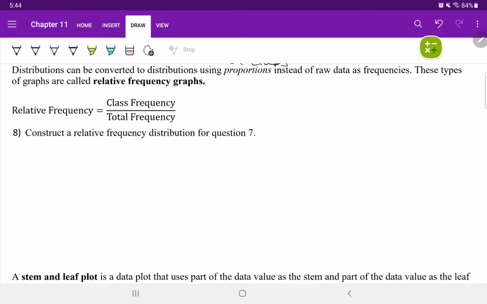Now, when you convert from using raw data as our frequencies, which we did in questions 6 and 7, and we create graphs, we can call those type of graphs and those kind of distributions relative frequency graphs or relative frequency distributions. And basically, a relative frequency is the probability